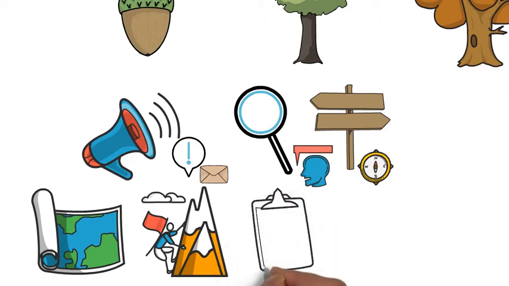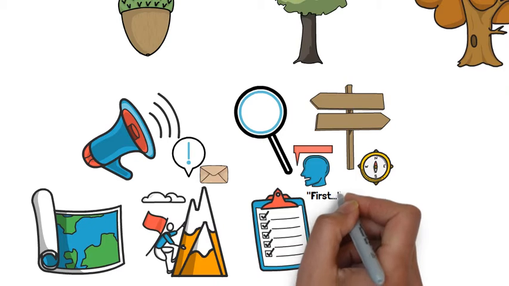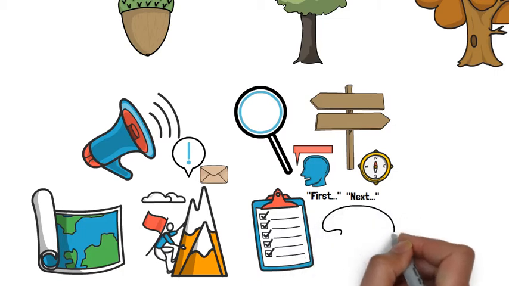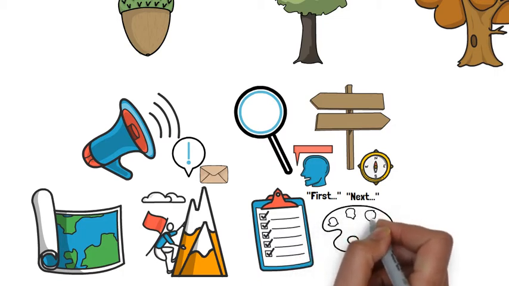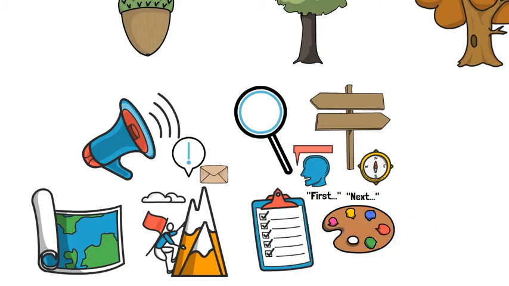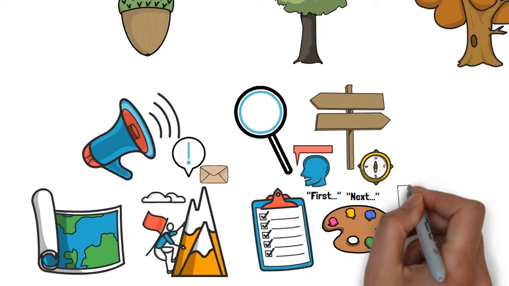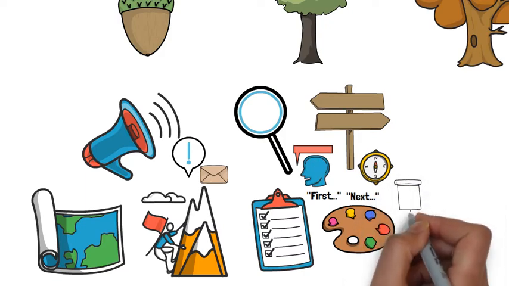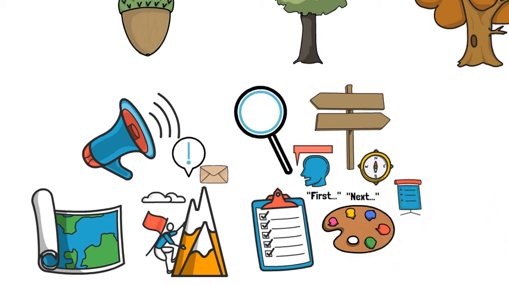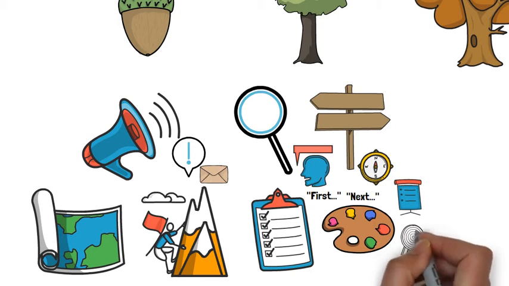You want, whenever possible, to make lists of what you're going to say. This can really help to orient your audience, and you want to use signposting phrases like, "First I'm going to talk about X, next I'm going to talk about Y," and so on. One thing that's important to consider when giving a presentation is whether and how to use visuals. If it's appropriate to do so, it's generally a good idea to include visuals in the form of a PowerPoint presentation or something like that, because it can really help your audience to get engaged and understand what you're talking about. But you want to be very choosy when you're using visuals so as not to detract from your overall